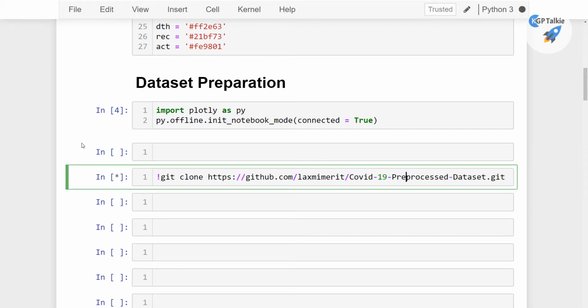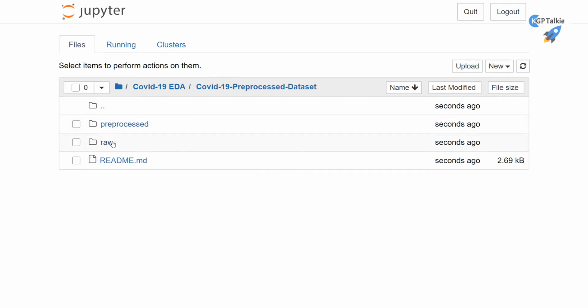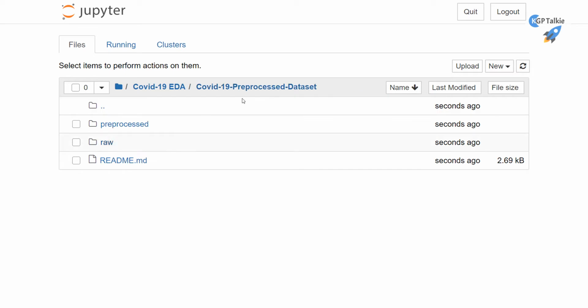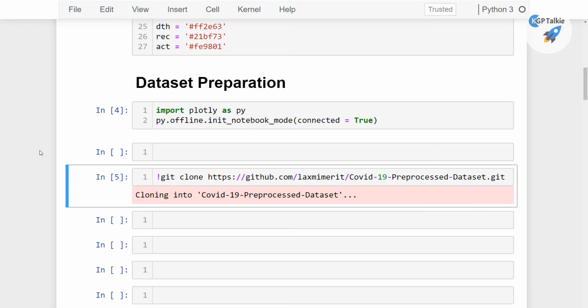Once you run it, you will see there is a new folder, and this new folder has the pre-processed and raw data. So we'll be loading this pre-processed data, which has been taken from the John Hopkins data set. Alright, perfect. Now you have this one.